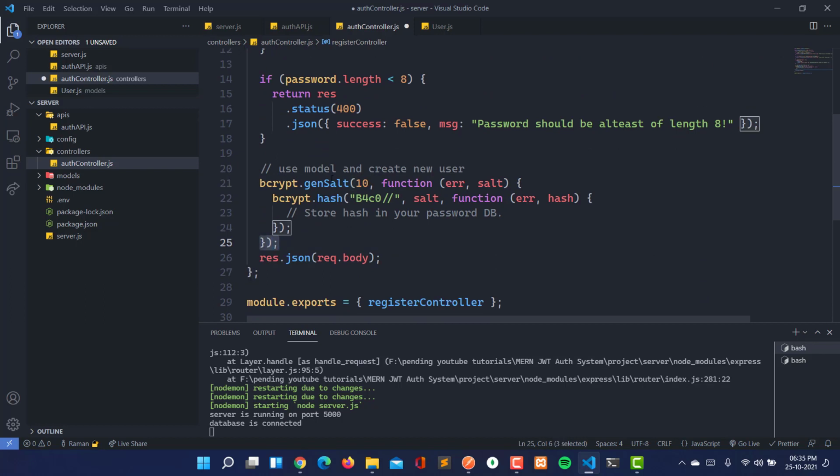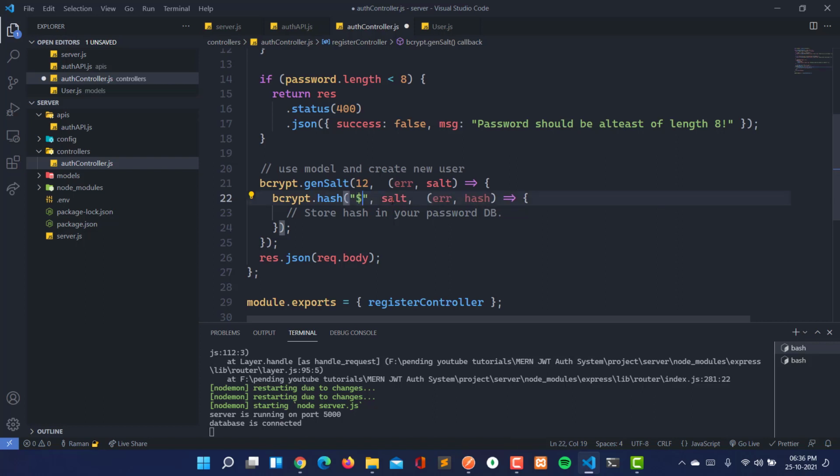So first of all we are generating the salt, and the salt will be of 12 length. Then here is a function, so let it be an arrow function, and here we also have the hash function, so let it be an arrow function too. And here will be our secret. I'm not going to store the secret in the .env file. In production we will transfer this secret to the .env file.